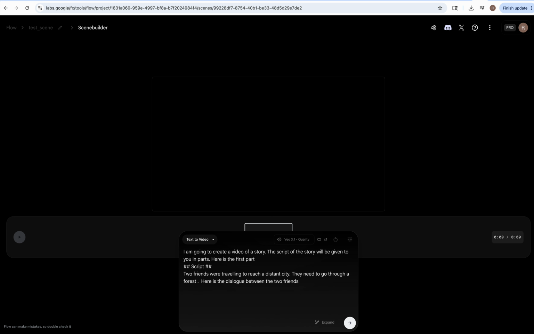So one friend will say his name is Ram, and the other friend's name is, let's say, Mohan. Ram says, Mohan, we will need to go through a dense forest. Let us be careful. Right? So now I'll break it up, because what I've seen is, if I give the entire story, first